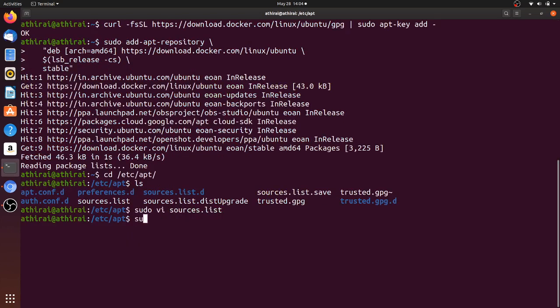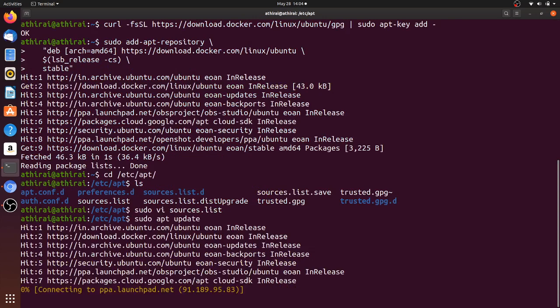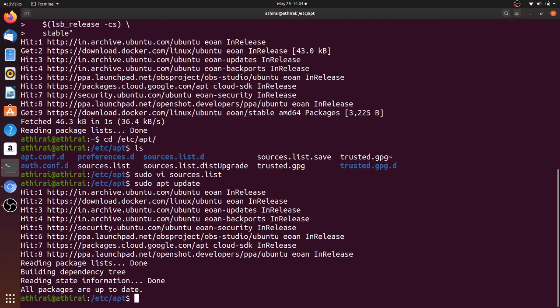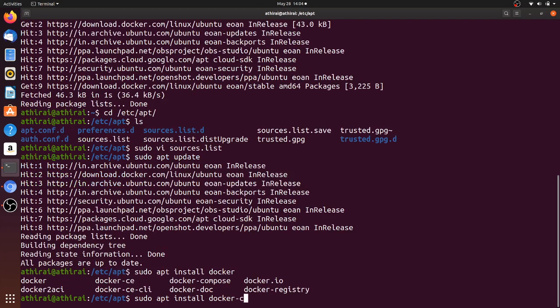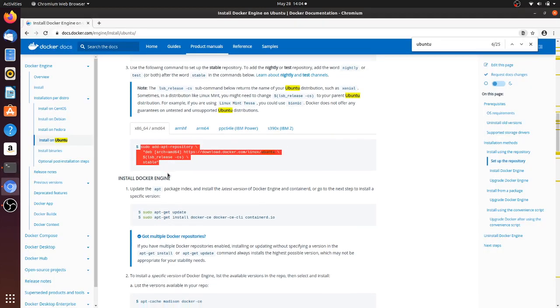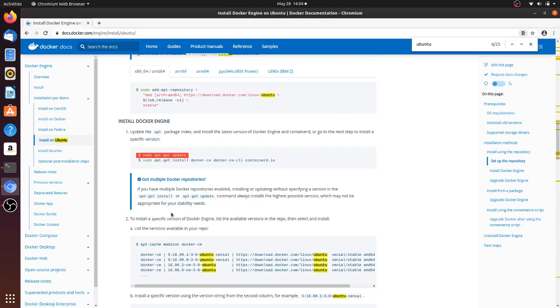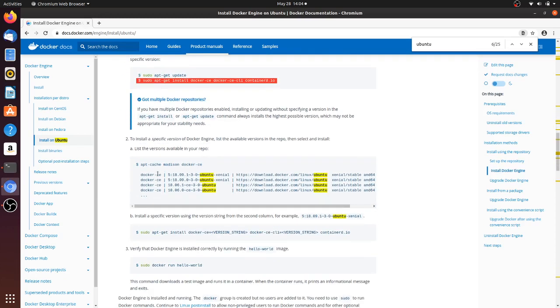The next step is to run sudo apt update again, so the Docker repository we just added gets added to my repositories, and then I can run sudo apt install docker-ce.